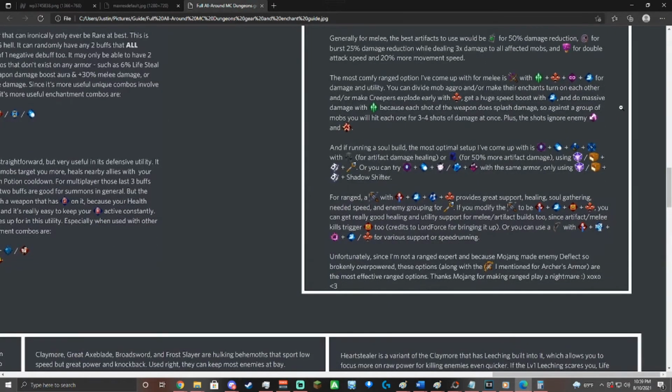And I think I didn't actually mention my Imploding Crossbow a whole lot until now. And that would be the most comfy ranged option that I've come up with for melee. It has Multi-Shot, Wild Rage, Infinity, and Tempo Theft for just damage and utility. Because for one thing, you can divide mob aggro and/or you can make their enchants turn on each other,